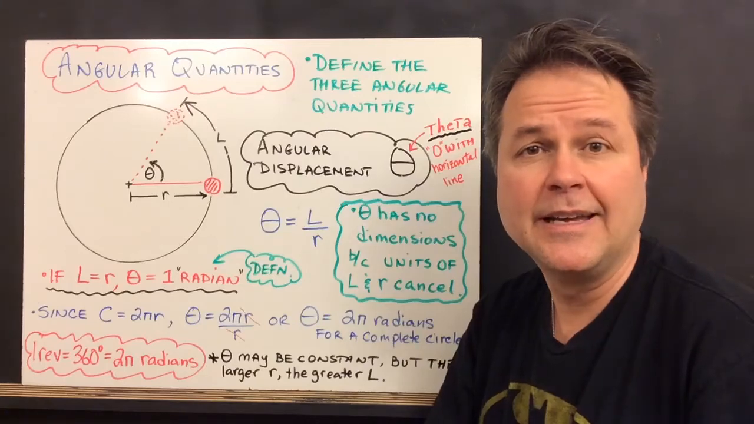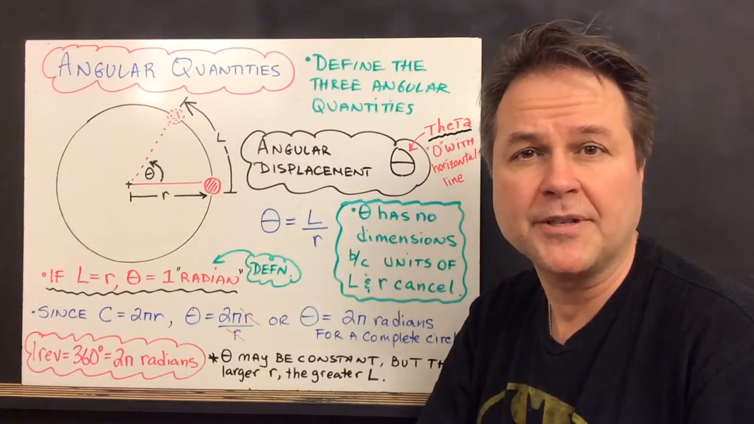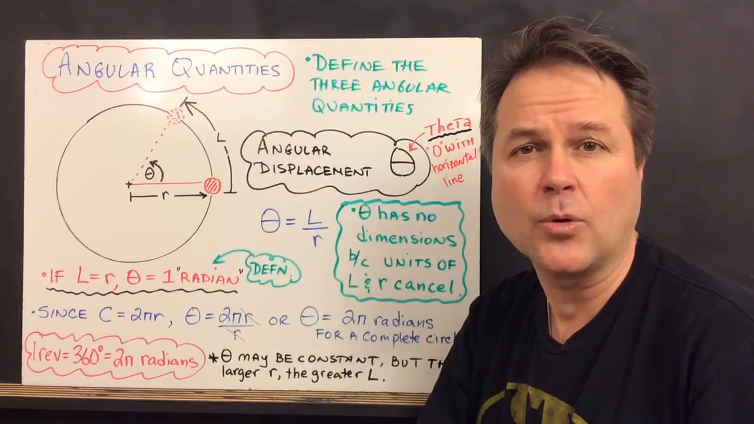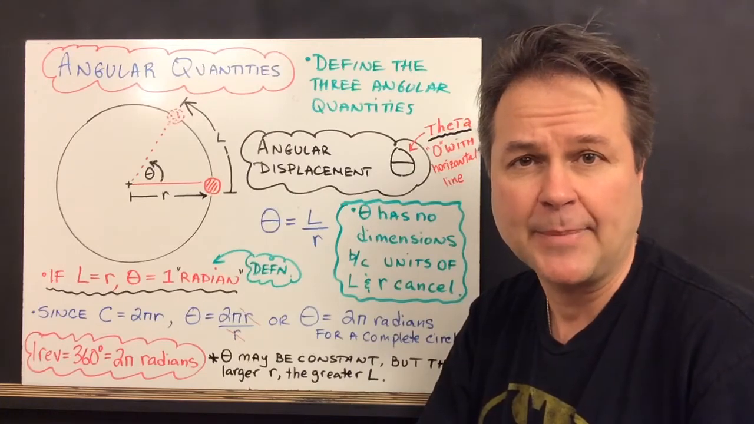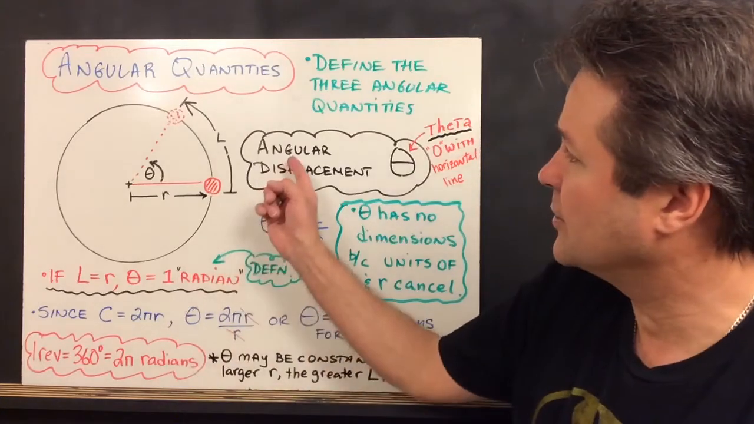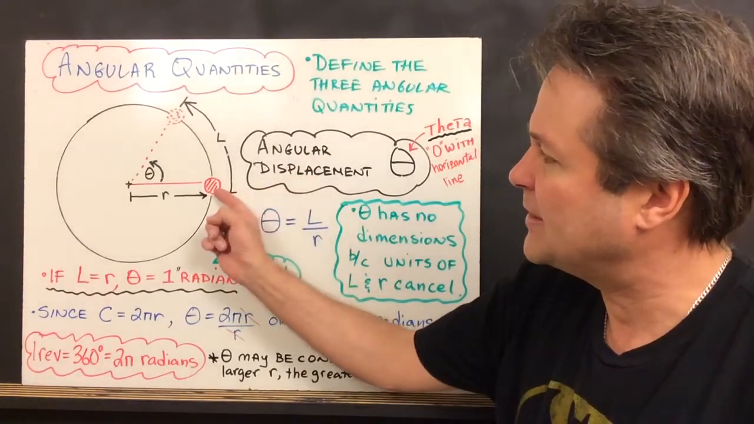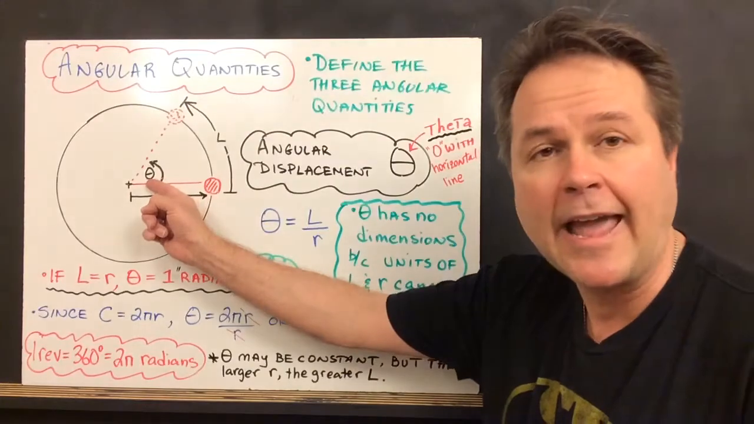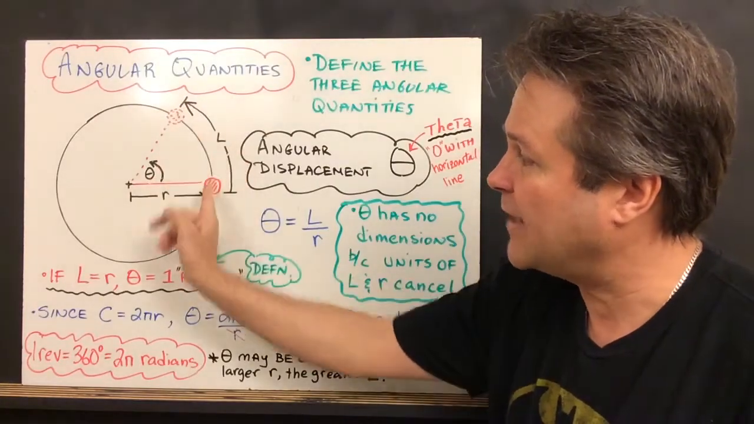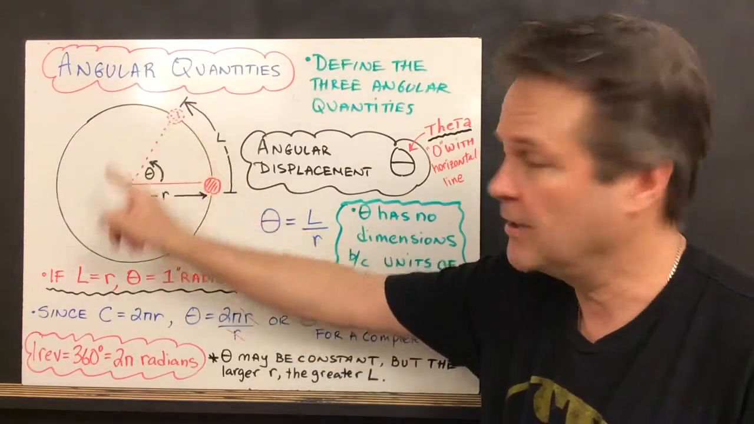Angular quantities. In this three-part series, I will define the three angular quantities of rotational kinematics. The first quantity is called angular displacement. It is the displacement of this object in terms of the angle that it sweeps as the object rotates around the